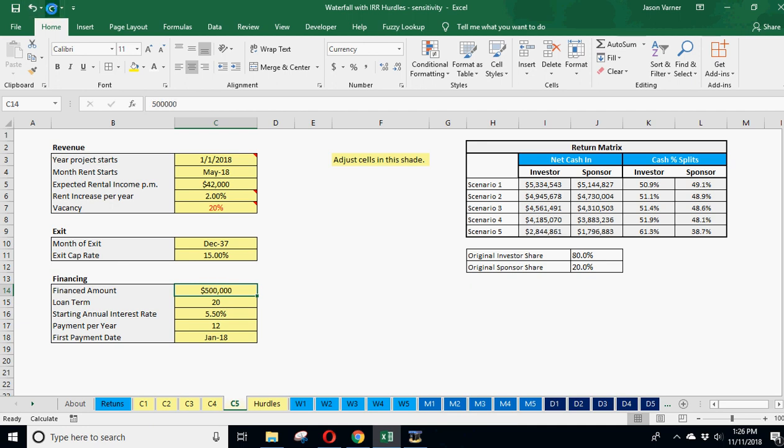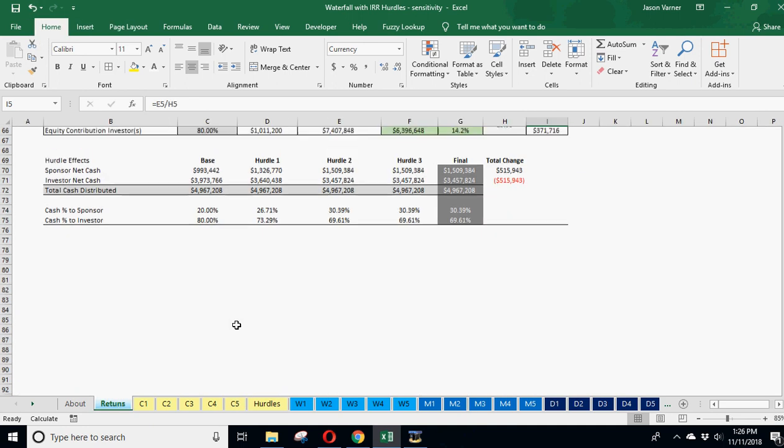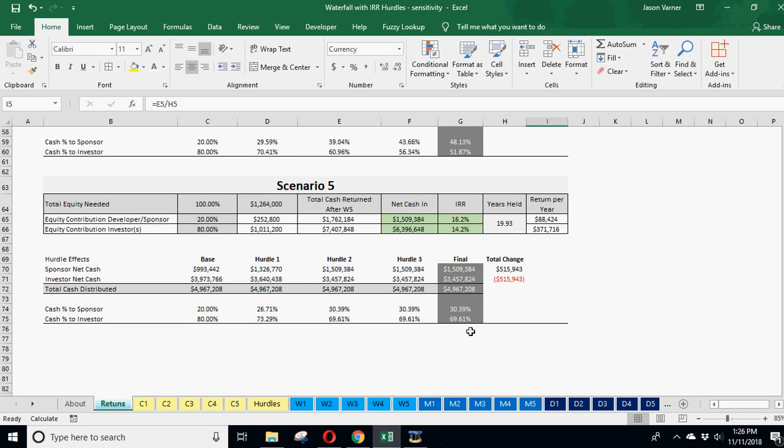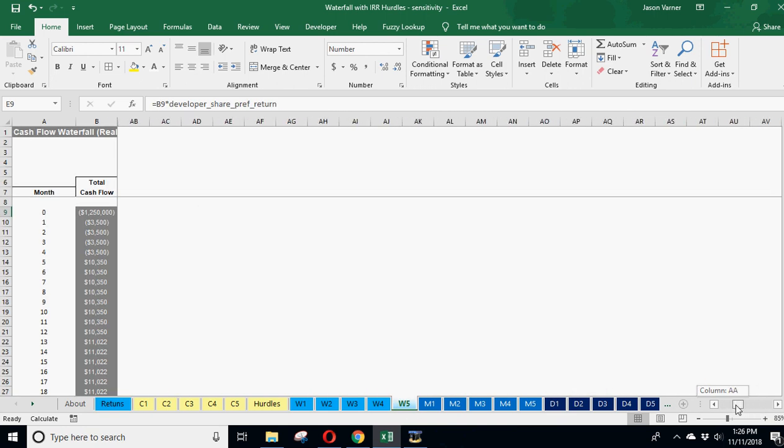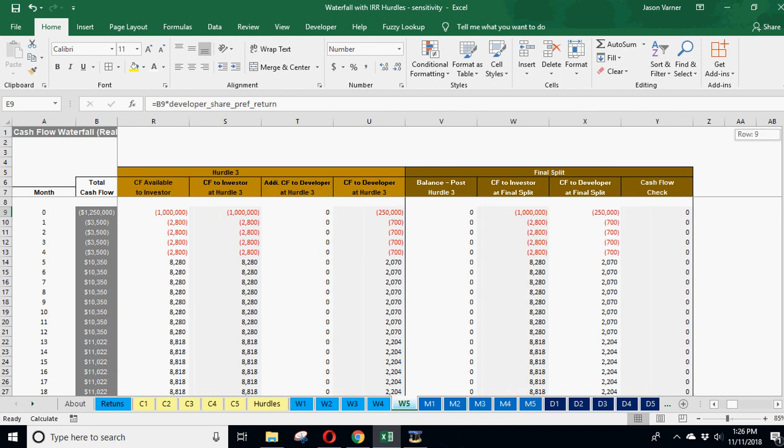Or rather 1.8. The sponsor's making less, investors making more. But that's because the actual investment the investor's making is higher. So you can see if we go first, let's look at their IRR. So if we go to scenario 5, do I have IRR? No, I have it on here. So we're in scenario 5, and this is going to be,